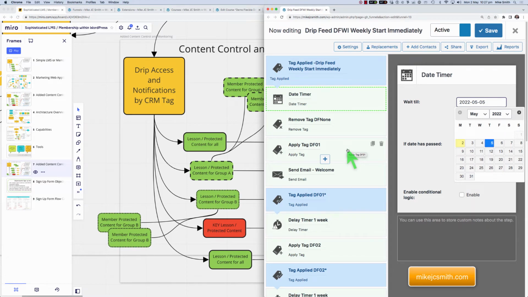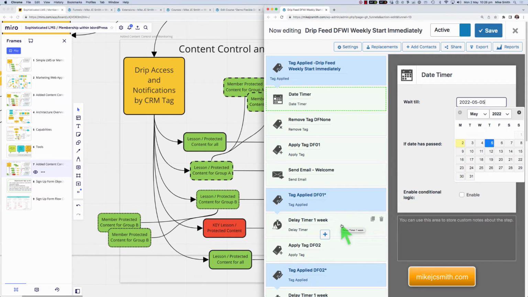So we could have a course start on a particular date. The enrollments can happen earlier, but the actual course access doesn't happen until a particular date, and then from there on it could be 1 week delayed between lessons, or 1 day, or 1 hour,